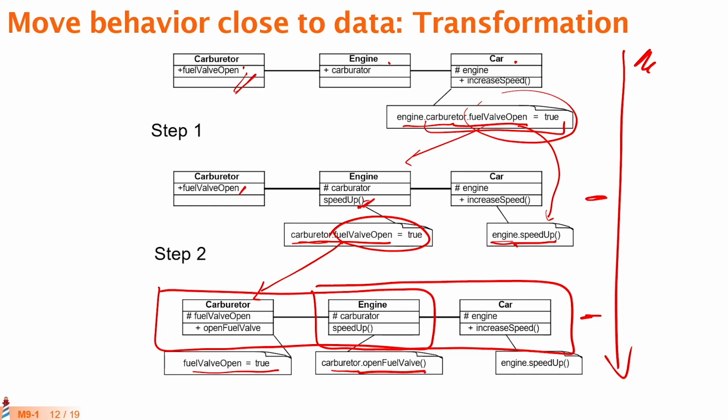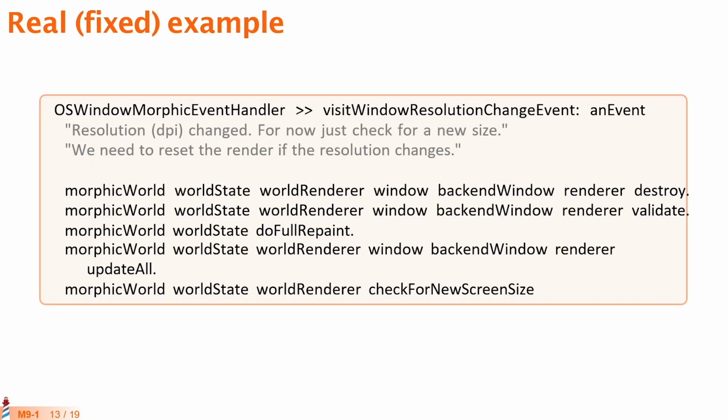All these dependencies are actually based not on implementations, but on APIs. So they will force that our engine depends on the message open fuel valve, and the car depends on the message speed up, and so on. For another real case, here we have an example taken from Faro, from the Morphic UI